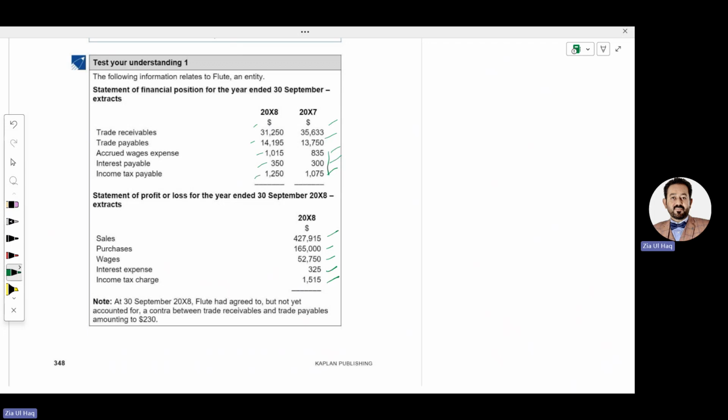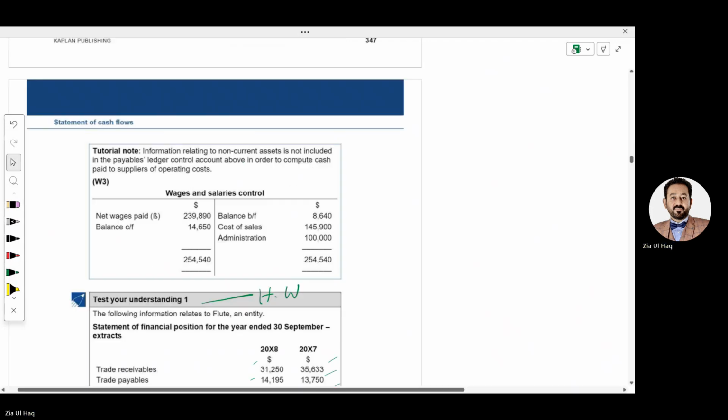We will open these three accounts. Through this, we will find interest paid and tax paid. This question I am leaving on you. This is your homework. You will do it by yourself. Is it fine? So let's